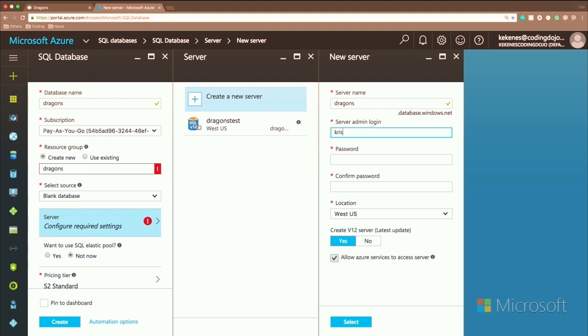So let's go with Chris, and then we can go with a nice password. You guys are all going to see my super secret password a little bit later on, but we'll keep it as a nice, fun little hidden password for now. The location is very specific towards where in the world we want to house this server instance. I'm going to choose the West Coast because that's where I'm based. And then we're going to go ahead and select